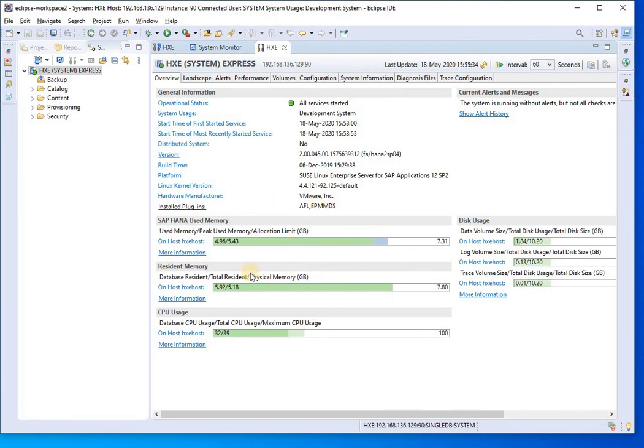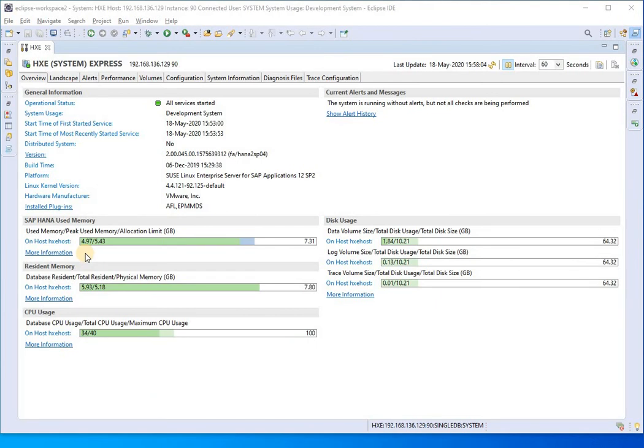We can monitor the utilization. We can see the SAP HANA memory utilization on the overview page of the administration console. So here we can see the SAP HANA used memory. Total memory 7.3, on that 4.97, 5.4 is the used and the peak memory. The resident memory, total memory 7.8 gig, on which 5.93 is the utilization.